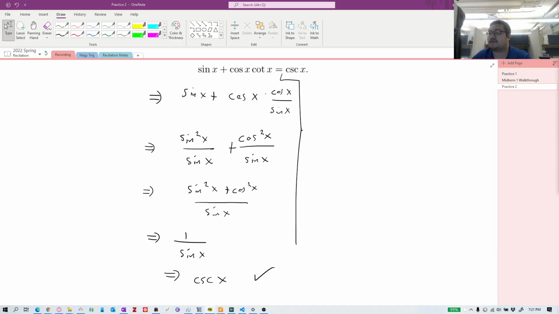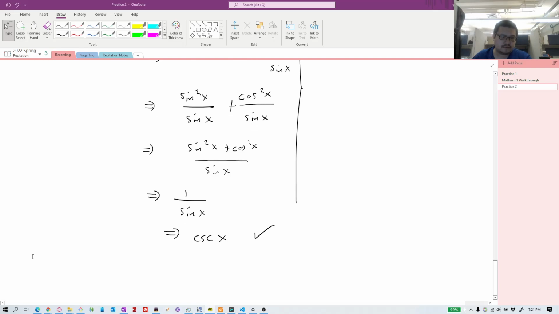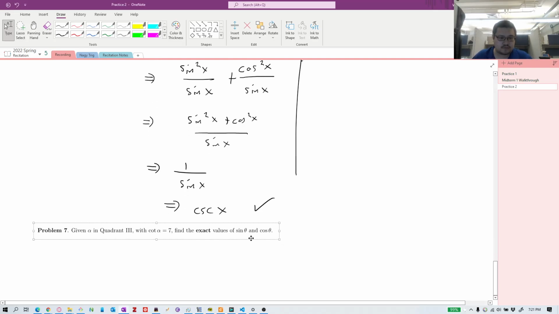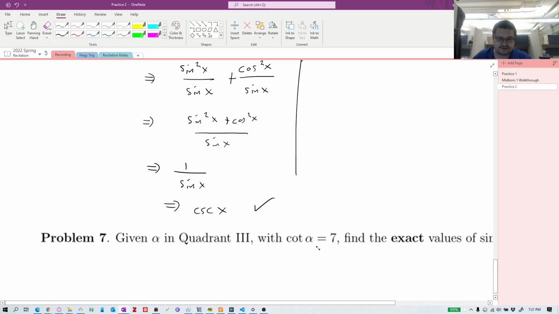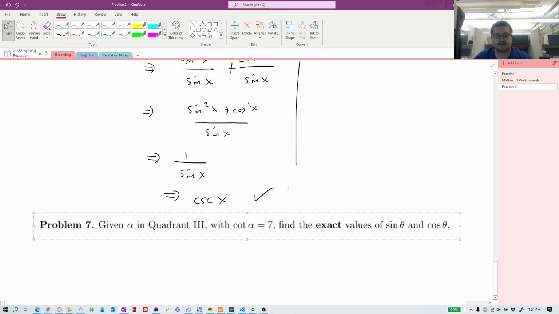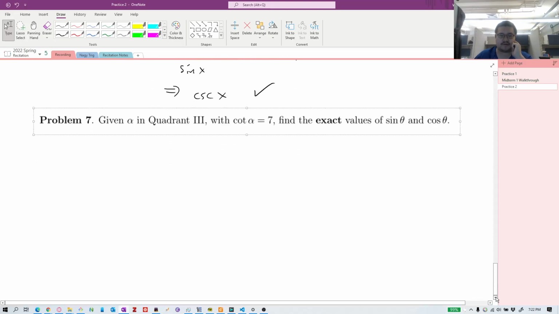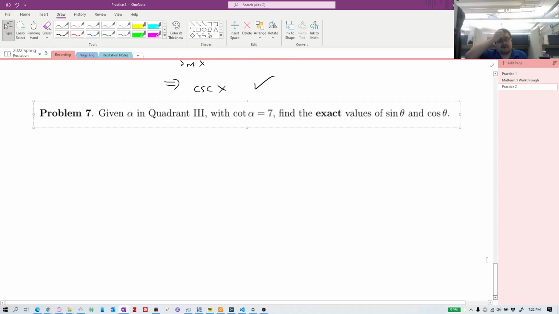Number 7. Find the exact values of just sine and cosine, given cotangent is that. Okay. Right, so